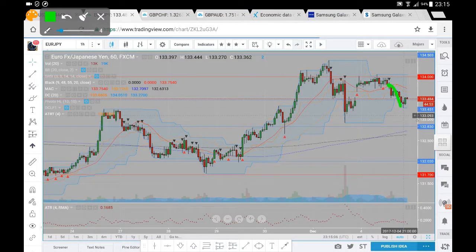So we've seen price come down into that gap fill, and we've not retraced all the way down to the next key level at around 132.83, or down to where we did have this likely news-related candle, slightly below 133. We didn't come quite down to 132.83, but went to the next major level, a weekly level, a potential pivot of support. Now we are at 133.45, which again is a weekly level. So if we hold 133.45 and don't negate this level,